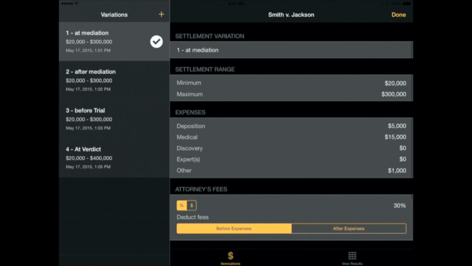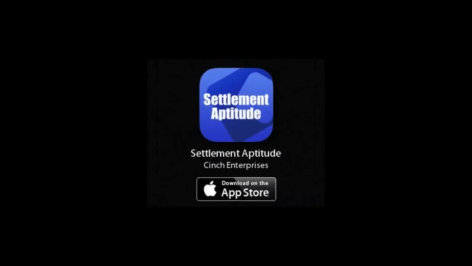And of course, this is very important because we don't want the plaintiff to turn down a number that's being presented at the mediation when in fact accepting that number could be the best decision that he or she could make for the case. Once we're done with the case, we hit the done button,